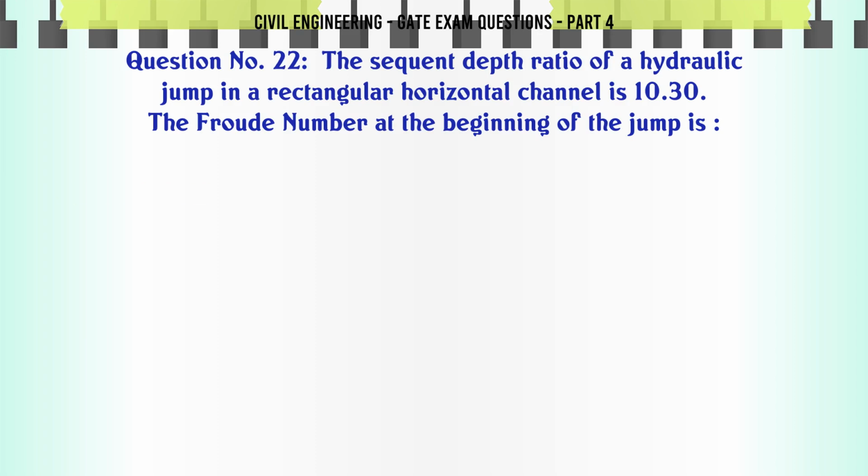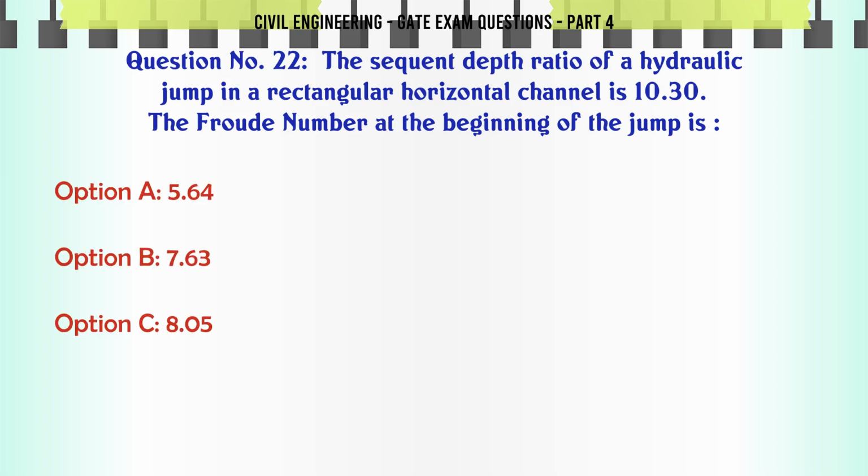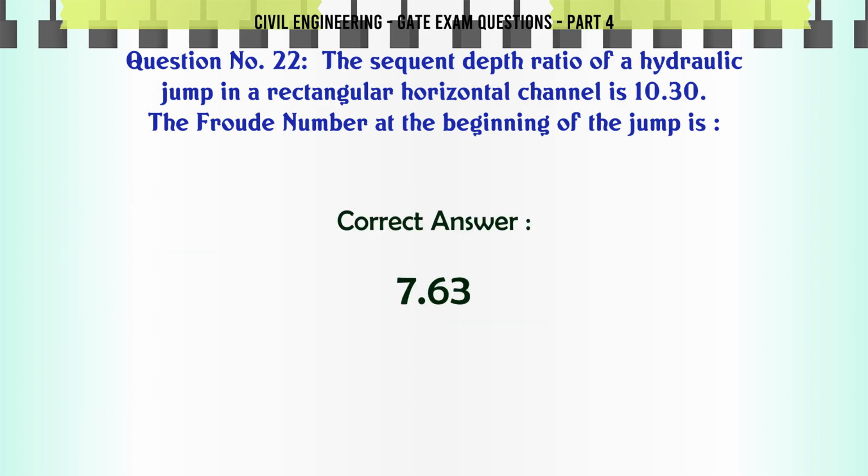The sequent depth ratio of a hydraulic jump in a rectangular horizontal channel is 10.30. The Froude number at the beginning of the jump is A. 5.64, B. 7.63, C. 8.05, D. 13.61. The correct answer is